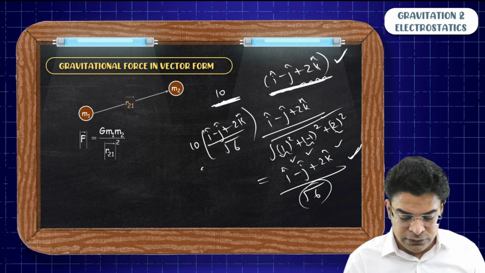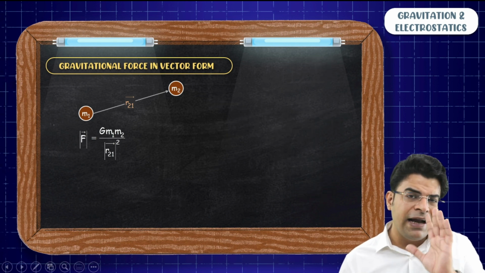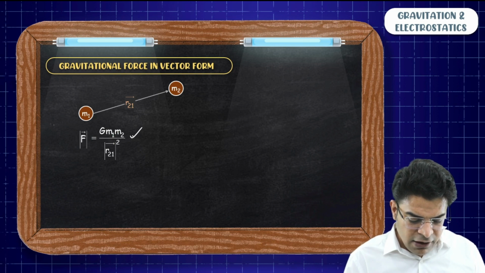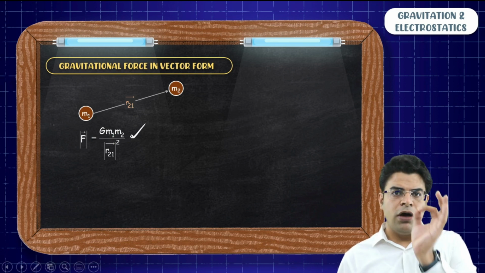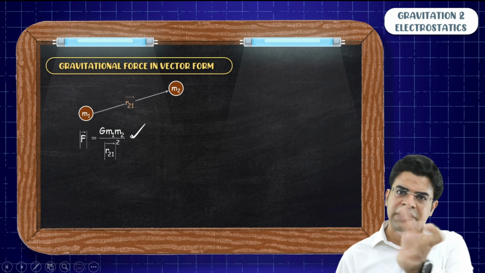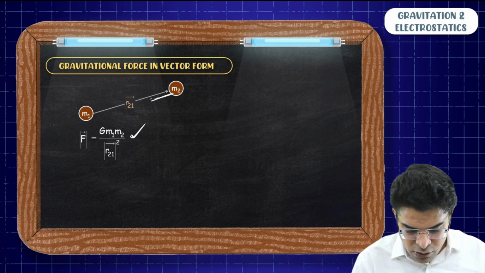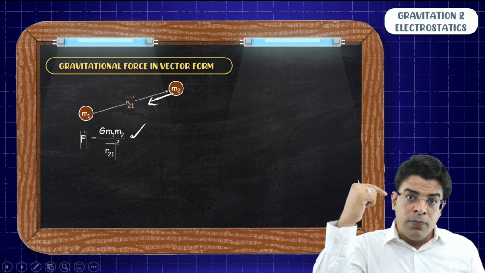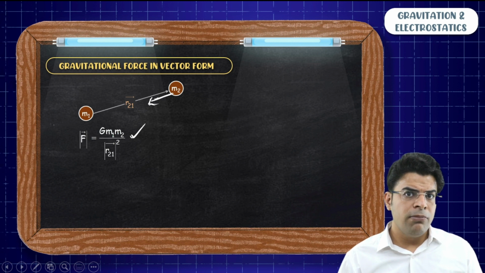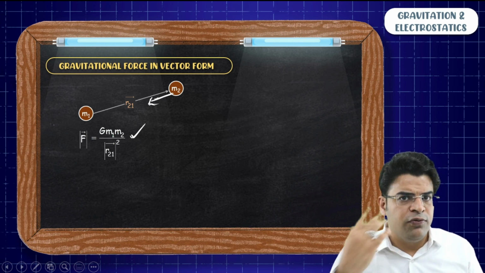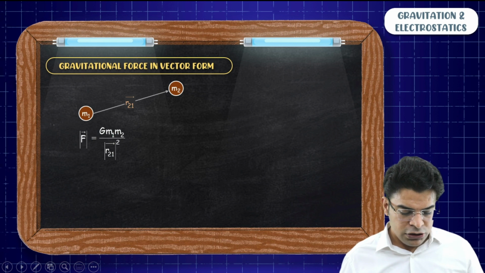So similarly, right now the mission is we need to write a vector of magnitude G m1 m2 upon magnitude of separation between them whole square, in the direction of a vector from 2 to 1. But let's get our terminology clear before we use this unit vector method. So we will say